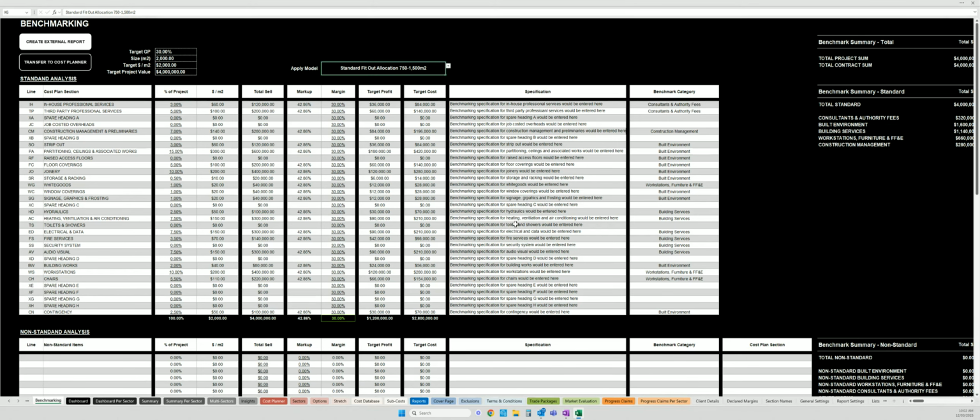And straight away you see that that benchmark model has been loaded into the system. It's loaded the percentage allocation and it's loaded the specifications. Now, if you needed to create a very high level benchmarking cost plan off just a couple of metrics and